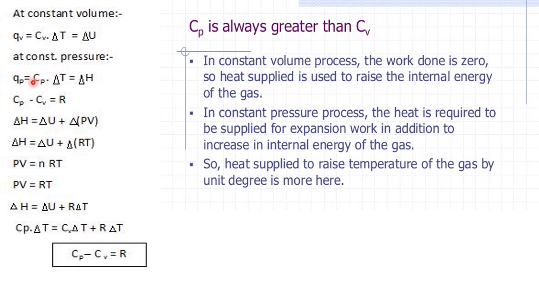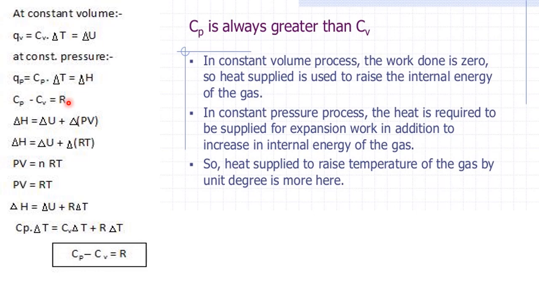Now, what is Qp? Heat capacity at constant pressure. So Qp is equal to Cp into delta T. At constant pressure, whatever heat is supplied is used to do some volume work. At constant pressure, that is nothing but delta H only. So heat capacity at constant volume relates to the change in the internal energy, and heat capacity at constant pressure gives the idea about the change in the enthalpy.